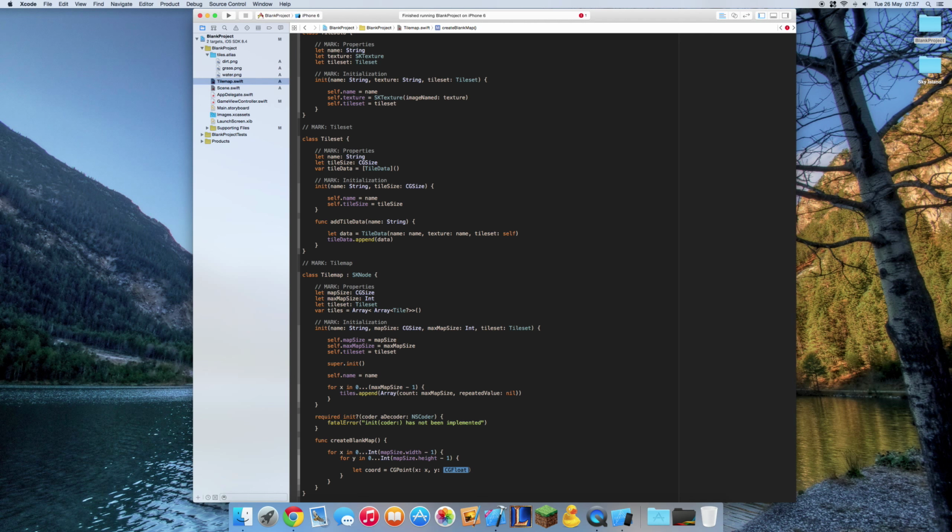So that's just going to be whatever x and y are. And then we're going to create the tile. The tile is going to be coord. And we needed data, didn't we? So we're actually going to have to create the data before we do this as well. So let data equal